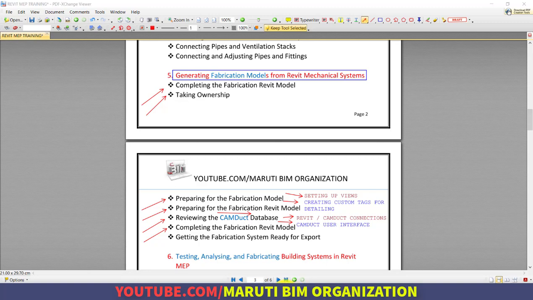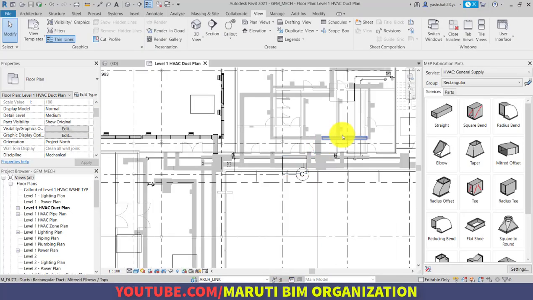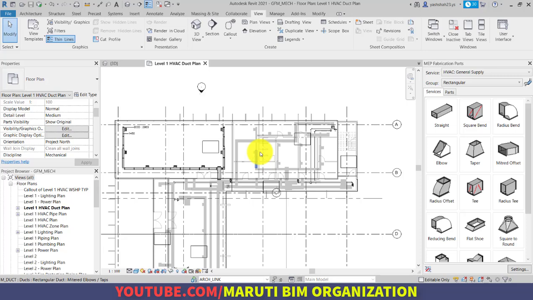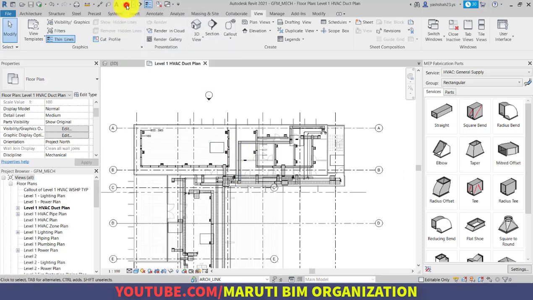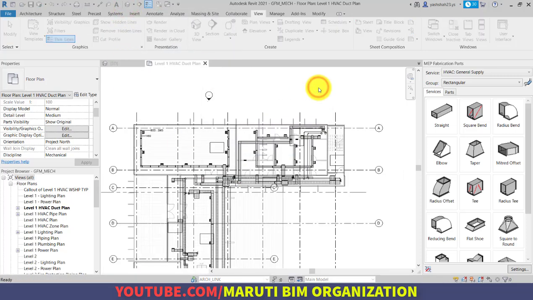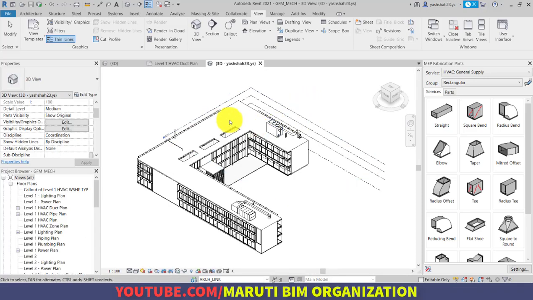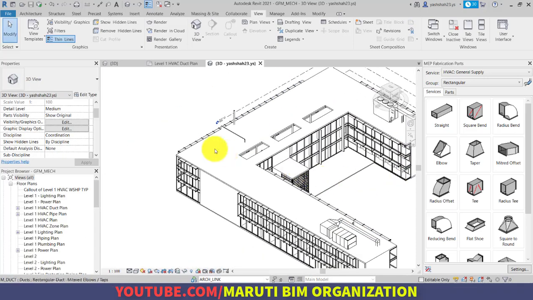So basically what we are doing here, as you can see, the ductwork system has been done, but we have to convert. If I go to the 3D view, I am not able to see the proper 3D view.